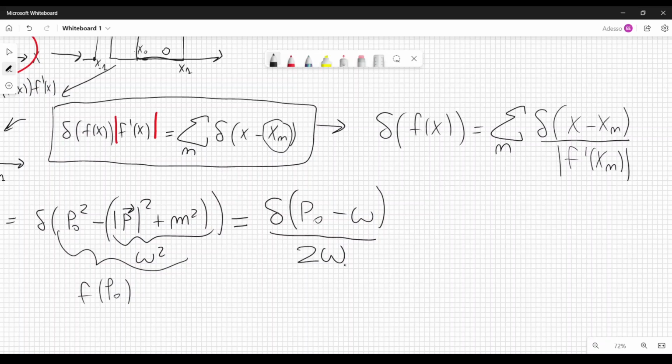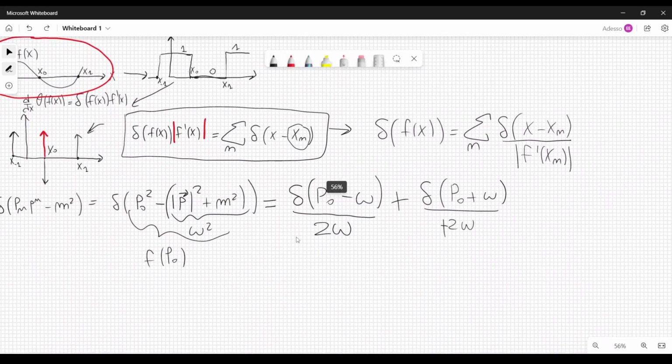We should take the absolute value, but omega is a positive quantity because we defined it to be the square root of m squared plus magnitude of p squared. And then we get plus delta of p0 plus omega, and we divide by the same thing, 2p0, but we have to evaluate it at p0 equal to minus omega, so we get minus 2 omega, but we have to take the absolute value, so here we get a plus, just like in here. And that's it. So we are going to integrate this result